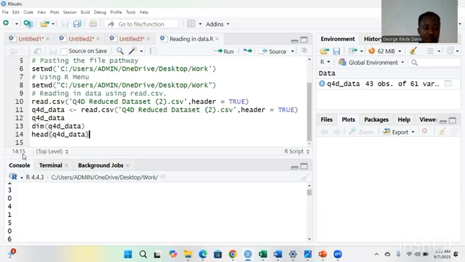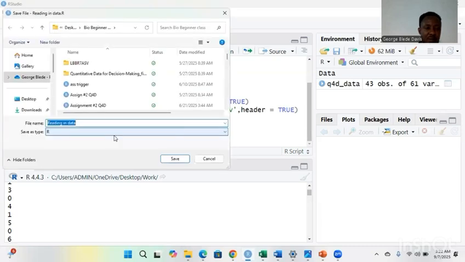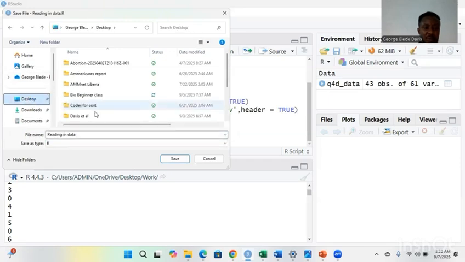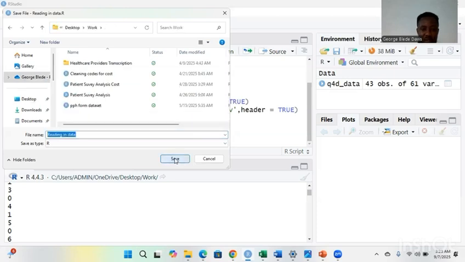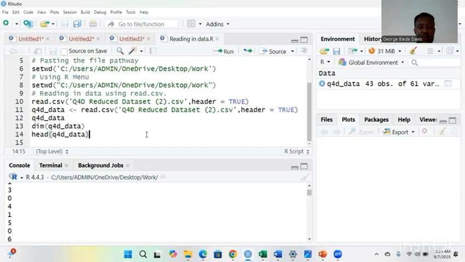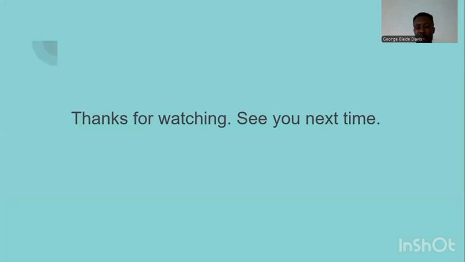Maybe I want to save it back in the same folder, the working directory where I read the data from. So I click here and maybe I want to change the name. I can change the name, or I want to maintain the name, maintain it, and I save. Once I save that script, I can go back to it anytime. So always save your script. You can leave your comments with reading and address them. See you in our next video.